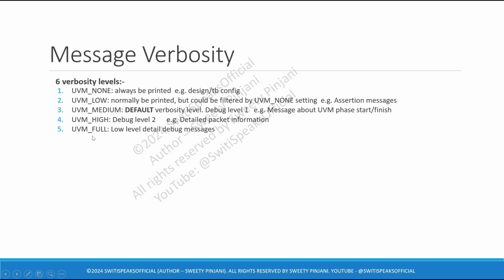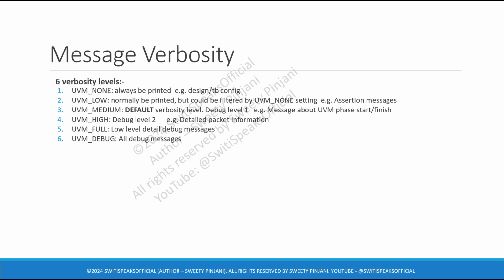Then if you set UVM full, it gives more debug detail, a little bit more compared to these two levels. Then UVM debug will print detailed messages. Each and every message will be printed, very detailed messages.